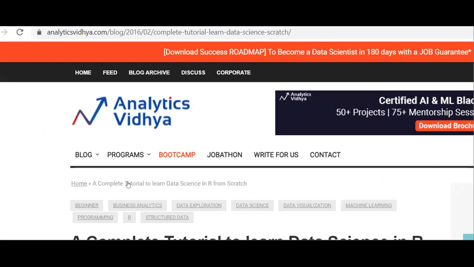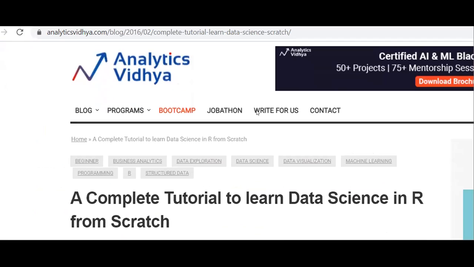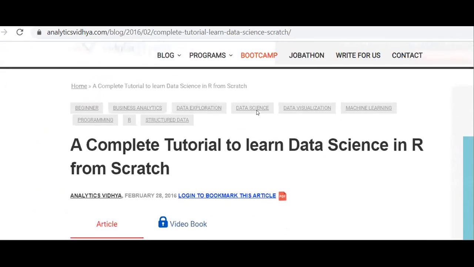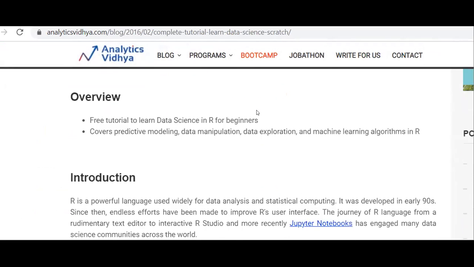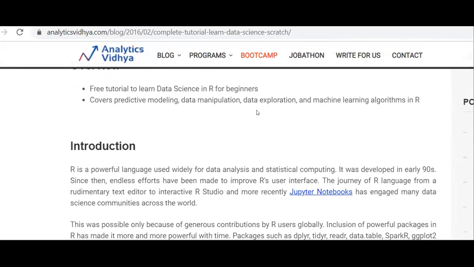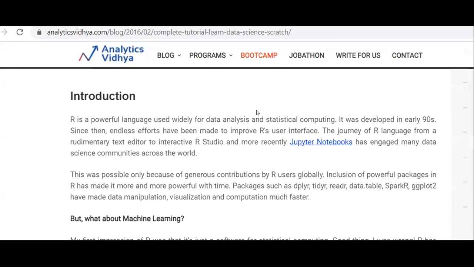I hope it is visible. In this tutorial, they have given the installation procedure for this particular programming language.